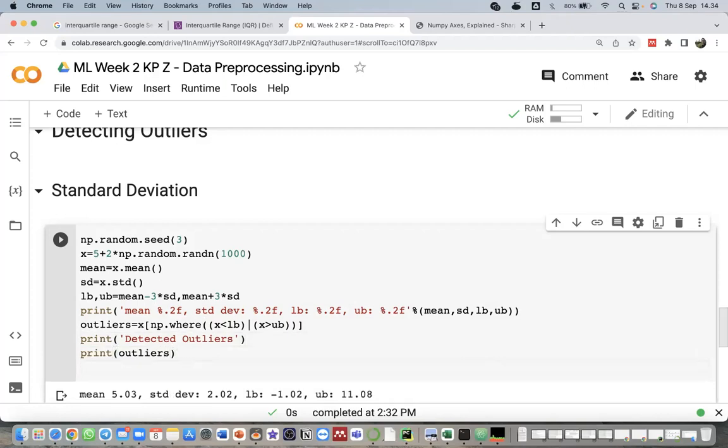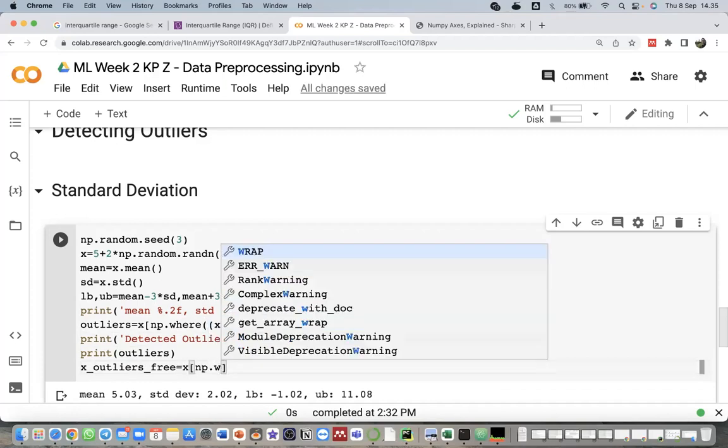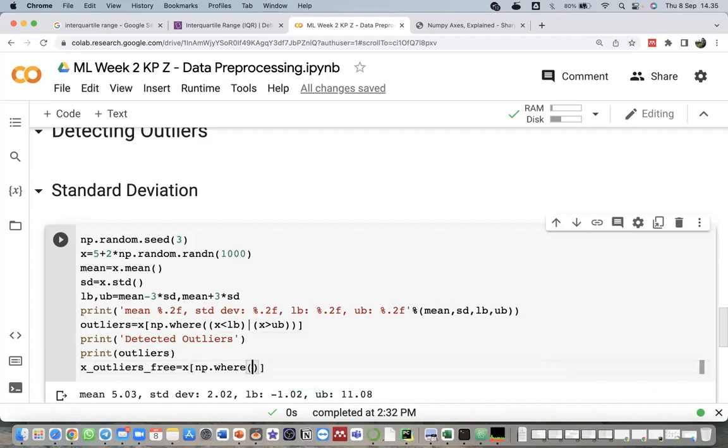What about non-outliers? So we can just create another variable here, X_outliers_free, equal to X, np.where, the X is inside the lower bound and upper bound.